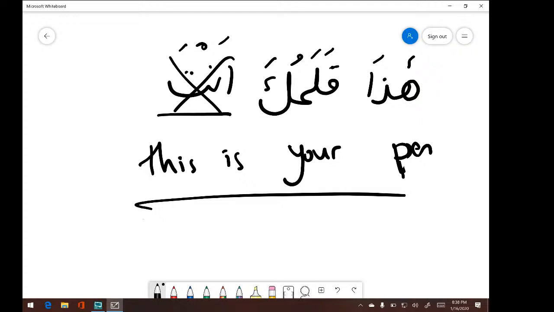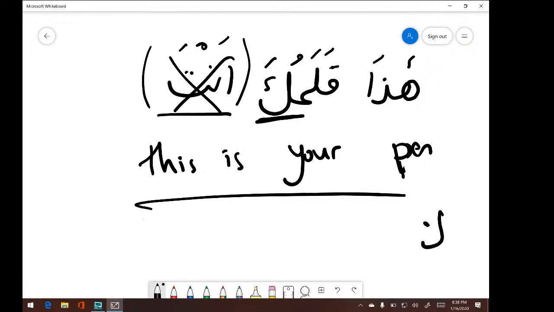So, هذا بيته هو. That is his house. هذا قلمي أنا. This is my pen. ذلك كتابها هي. That is her book. You see, so whenever you add the dhamir, both of the dhamirs together, like the connected dhamir, like this kaf, and then the apparent dhamir, put them together, it becomes emphasis.